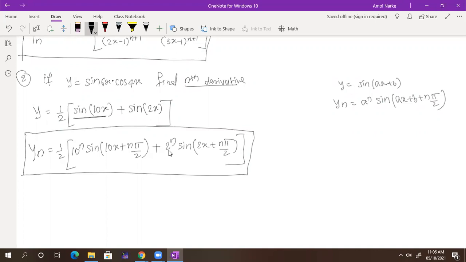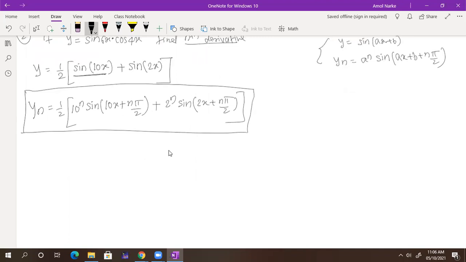Yes or no? Yes, sir. Okay. So this is the kind of question, MCQ kind of question, you can get. It's very simple. See, only 2 steps and you will get the answer. It looks like it is very big, but once you have the formula with you, then it's very easy. It's not that much of a hard task. What is a hard task? I will tell you.